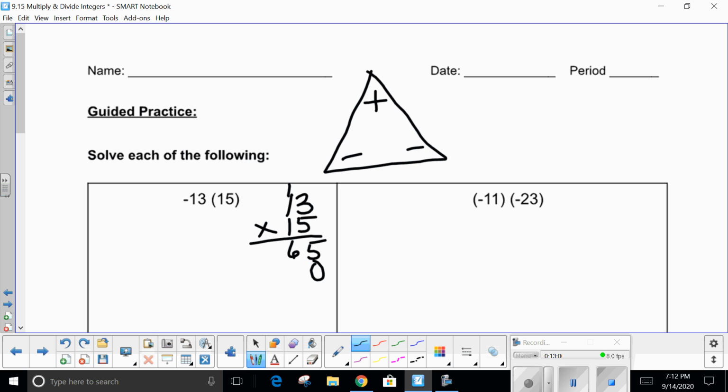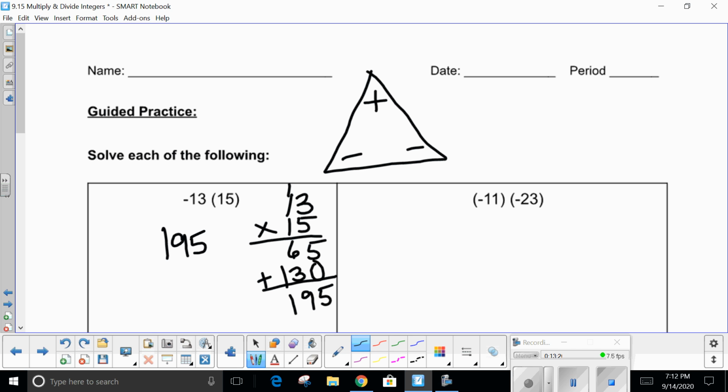1 times 3 is 3. 1 times 1 is 1. And now I'm going to add all that together. So 5 plus 0 is 5. 6 plus 3 is 9. And 1 comes down. So the answer is